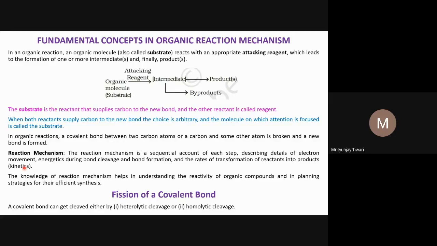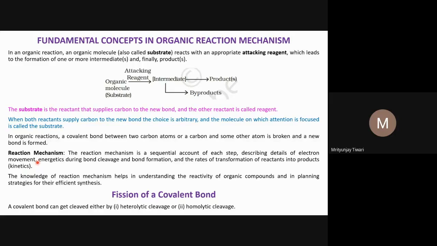So these are two terms which are important for us to understand: thermodynamics as well as kinetics. Thermodynamics means the net change in energy of the reactant or the product during a chemical transformation, and this is for each step and from the initial reactant to the final product as well. This is called thermodynamics. And the kinetics is what